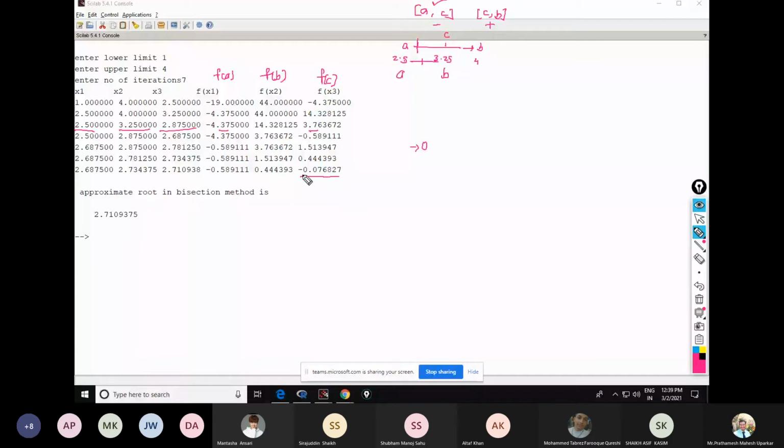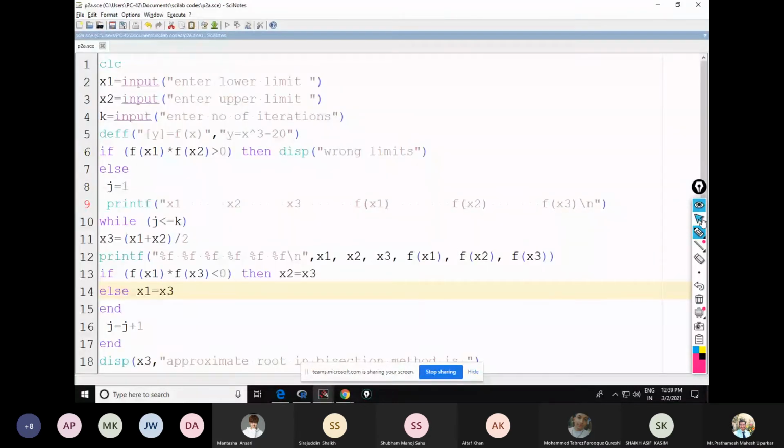Okay, if you increase the number of iterations, you will get the exact value. Here up to 7 iterations, what is the value you are getting? 2.71. What is the difference? How far is it from 0? 0.07. If I increase the number of iterations, assuming that our program is correct, let us use the 7 execution. This is the 7 execute.